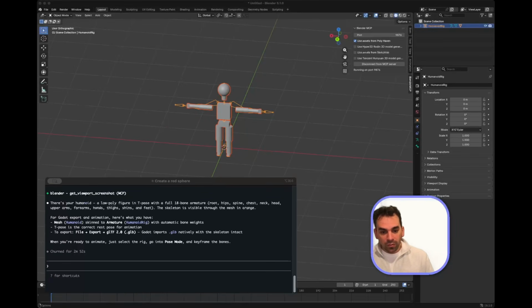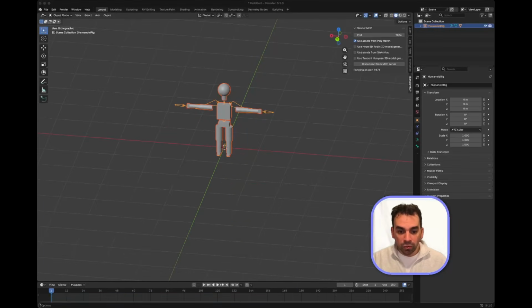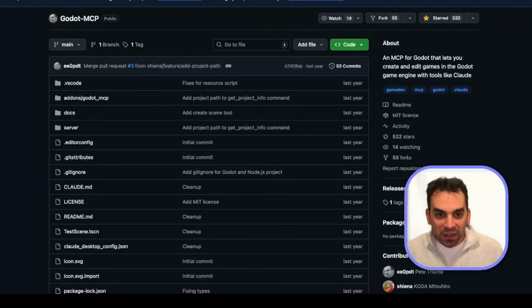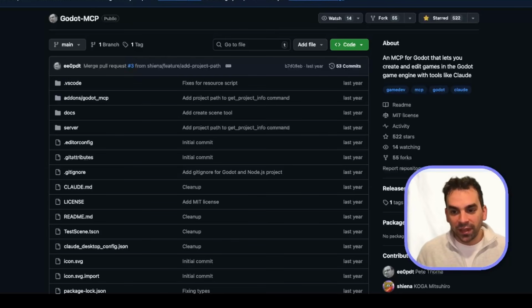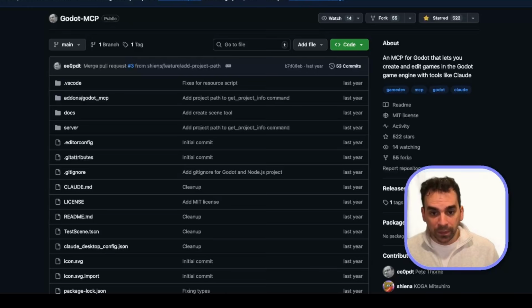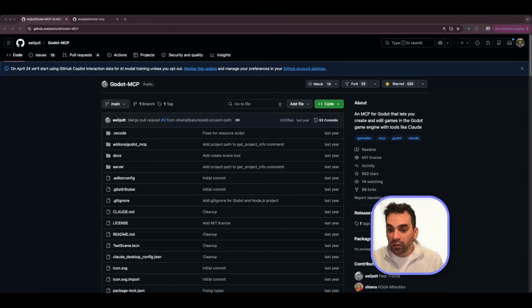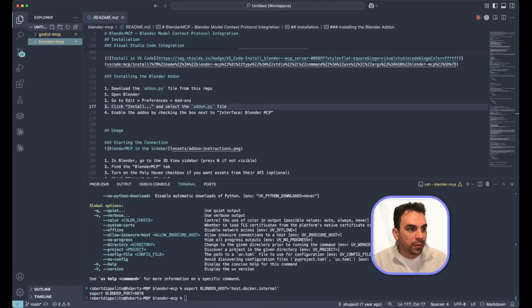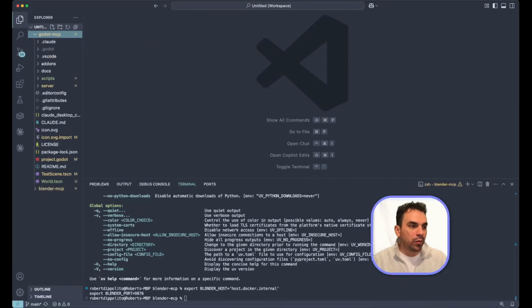So now we are going to switch back to our browser, and we're going to look at the Godot MCP server. And so this is the Godot MCP server that I ended up testing out, and it worked quite well, by Pete Thorne. And what I'm going to do is just clone this repo and pop back into our code repository and do a very similar following of the setup instructions. So going back into our code view here, I'm going to minimize the Blender MCP